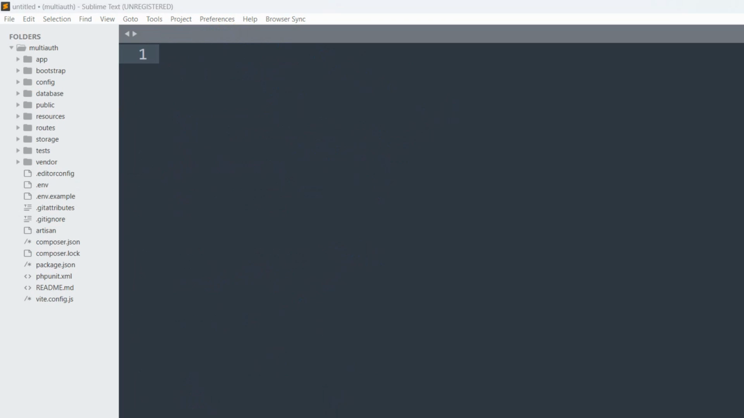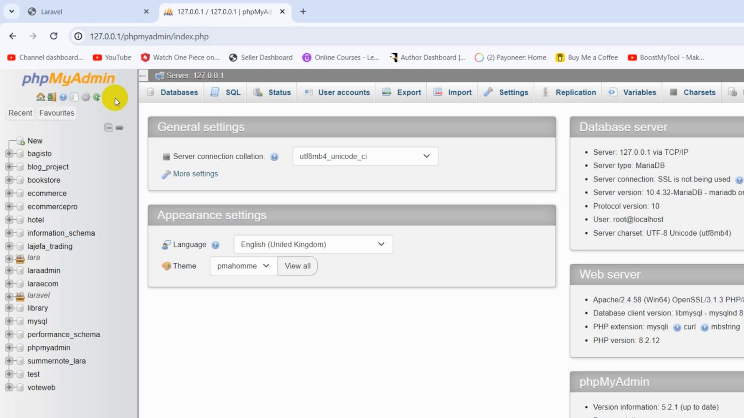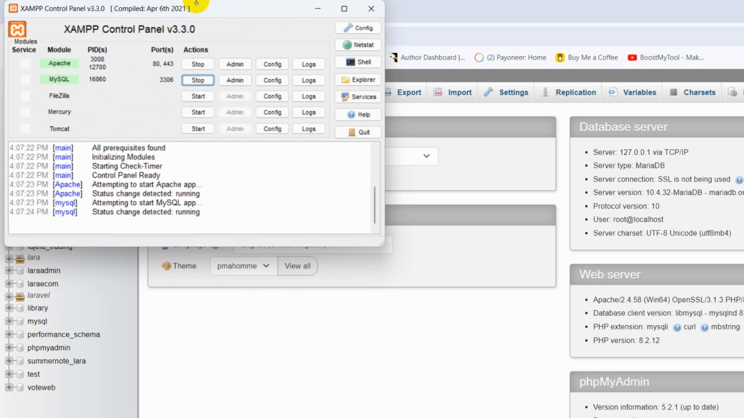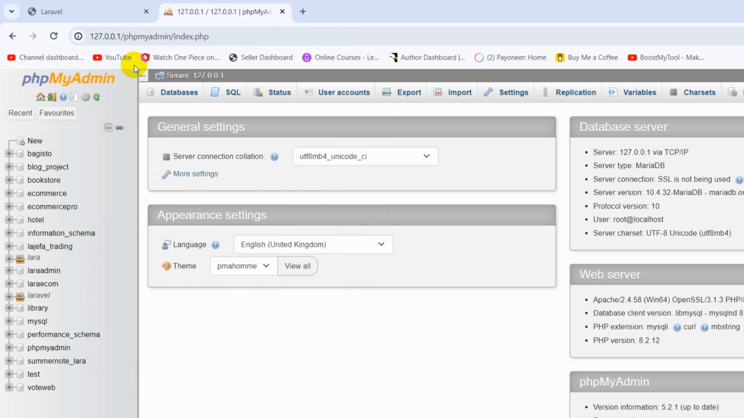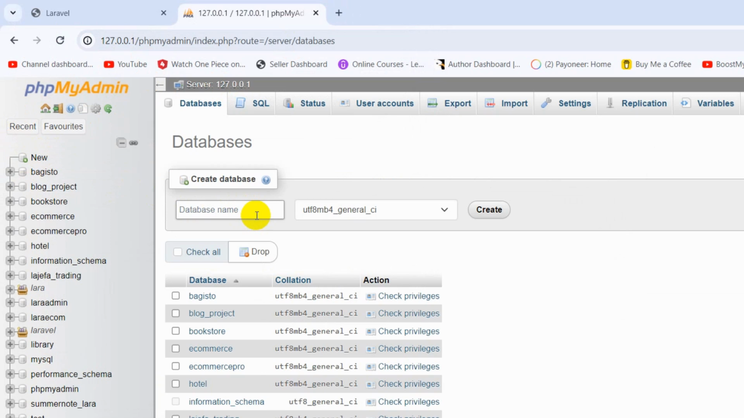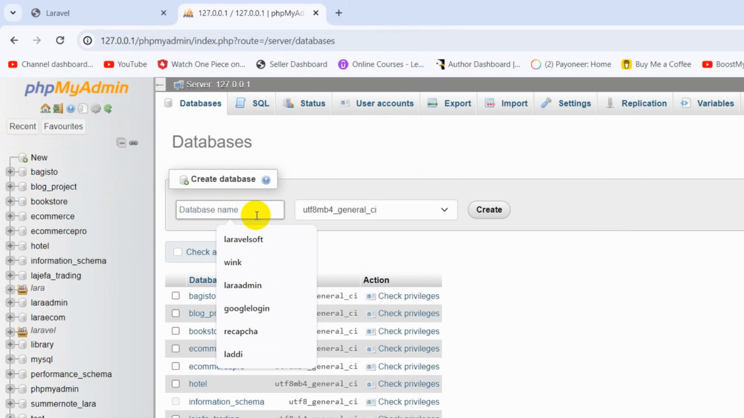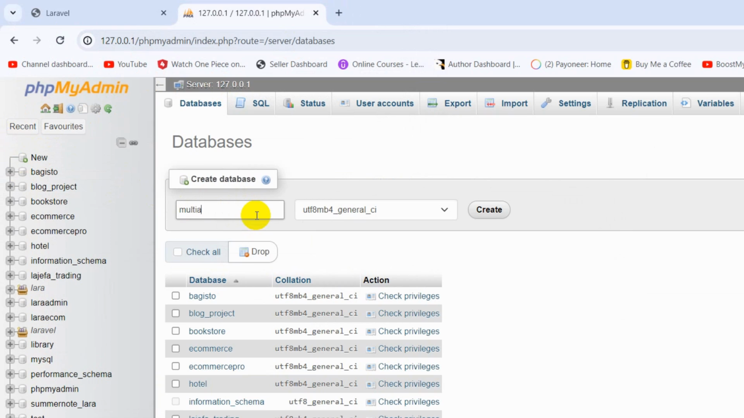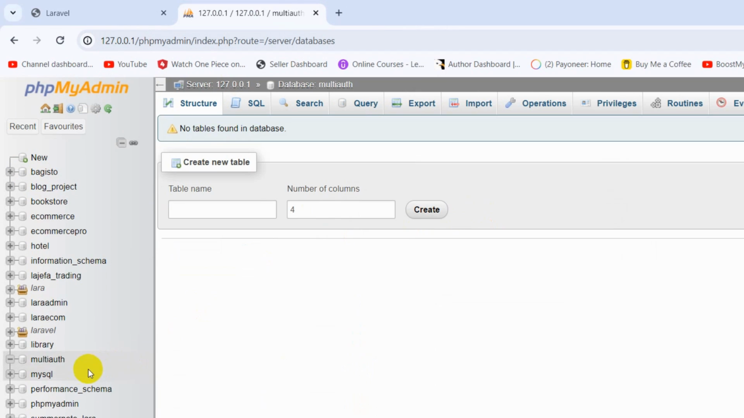After it, let me go to the browser, then go to our phpMyAdmin. Make sure your XAMPP is running, and after that, go to phpMyAdmin, and here you get the New option. Just click on New, and here I'll give my database name, which was multi-auth. Then click on Create, and there you can see a database is created, and there is no table